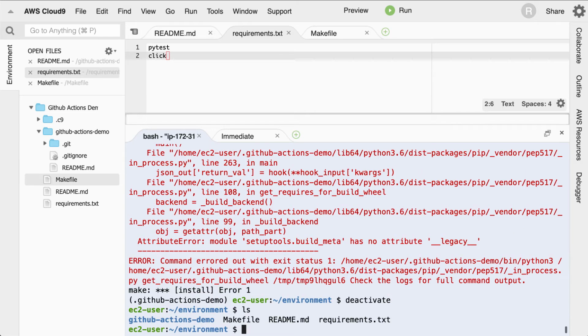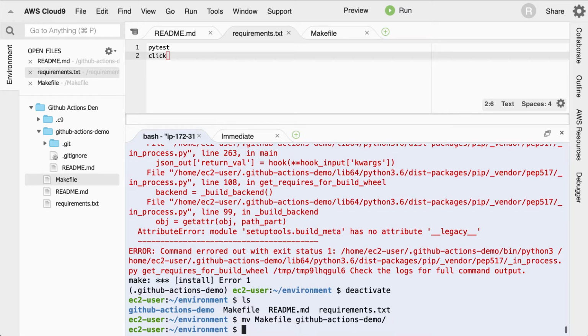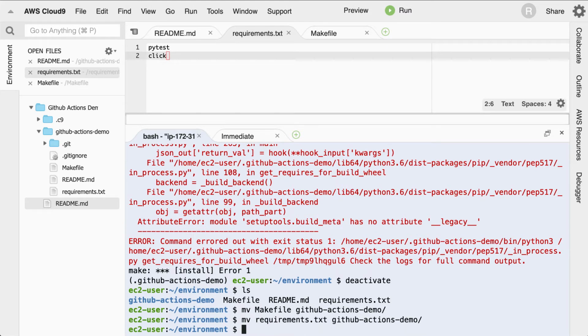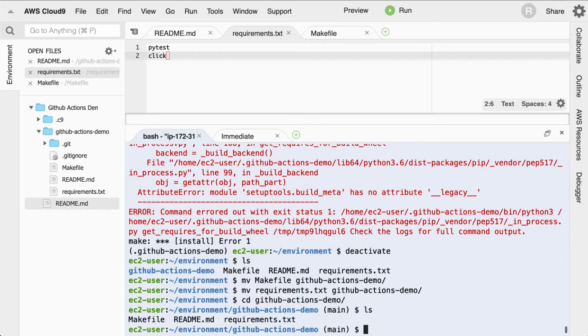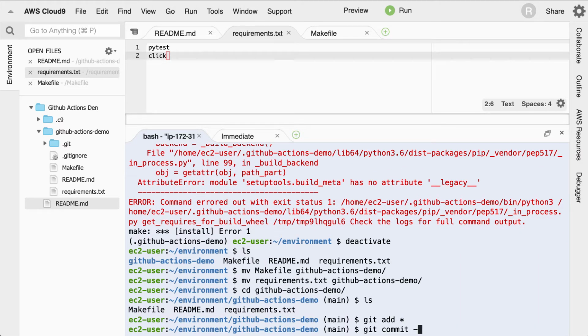So I'll go here and I'll cd into, we'll move these files into GitHub Actions. So it wasn't even in the right directory anyway. So move this inside of GitHub Actions, move this requirements in there as well. And then I will just check this in. So I'll go to GitHub Actions, and we'll say git add, and adding